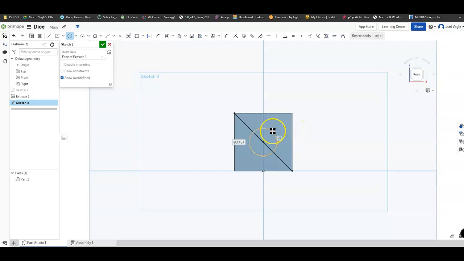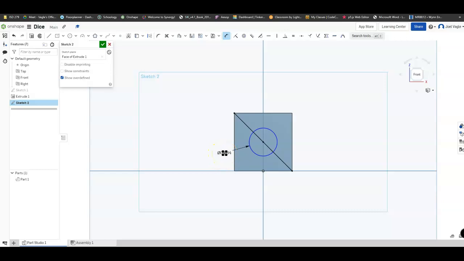Now, just like before when I drew my square, or my rectangle to make the square, I have to dimension it. There's a dimension tool to make it the right size. So I'm going to click on the dimension tool. It's going to turn blue. And now I'm going to mouse over the outside of the circle, and see how it turns orange now. So now when I click on it one time and move my mouse out, I've got the dimension of my circle coming out